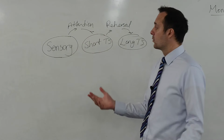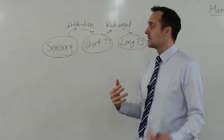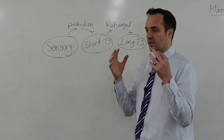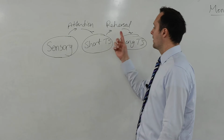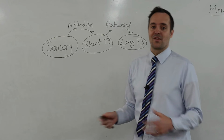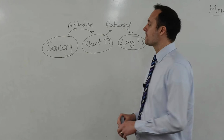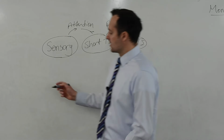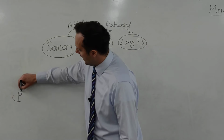This is how memory works. Stuff comes into your senses, you pay attention to it, you do something with it, you kind of figure out, okay, what does this mean? And then it goes into your long-term store. But we all know from our own experience that that doesn't happen all the time. And this is where forgetting kind of enters the picture. So I'm going to add forgetting